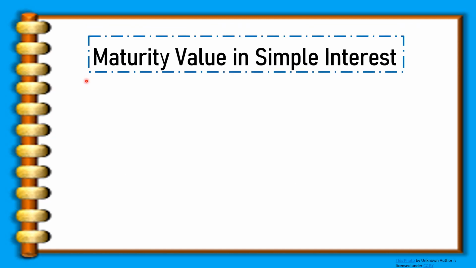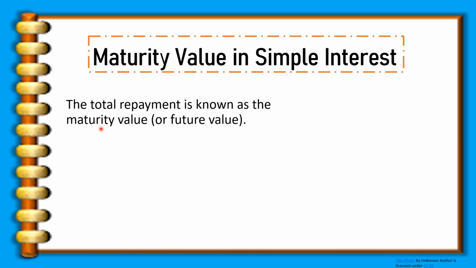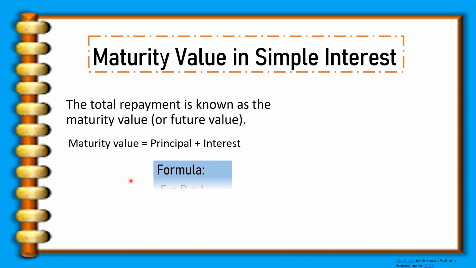Let us now talk about maturity value and simple interest. When the time period of a loan reaches its maturity date, the loan is said to mature. In that period, the borrower repays the principal and the interest. The total repayment is known as the maturity value or future value, and the formula for maturity value is principal plus interest. We denote maturity value by capital letter F, principal by capital letter P, and interest by capital letter